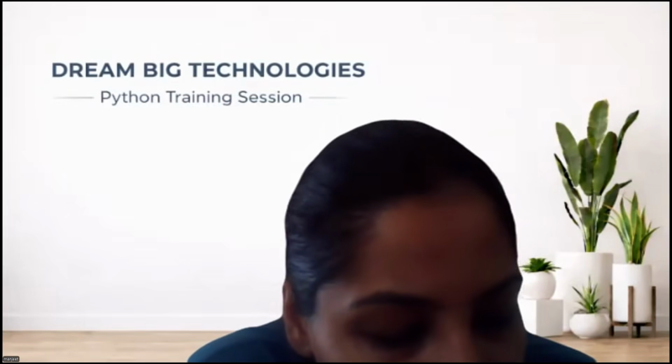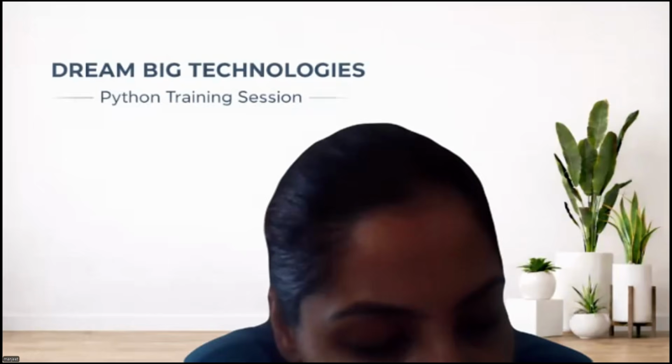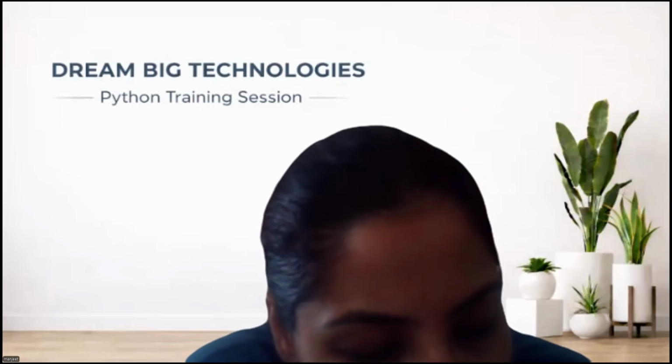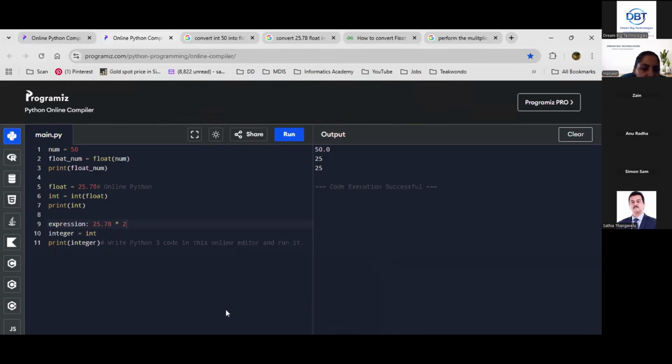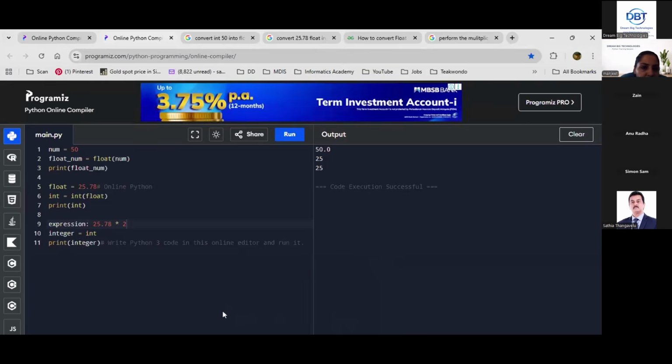Okay, you have done yesterday's program? Yes, done already. Okay, all right. If you have done, then share your screen. Can you see my screen? Yes, I can see. Number 50. What is this equal to? Acha, this is equal to only, na? Equal to float converted into.